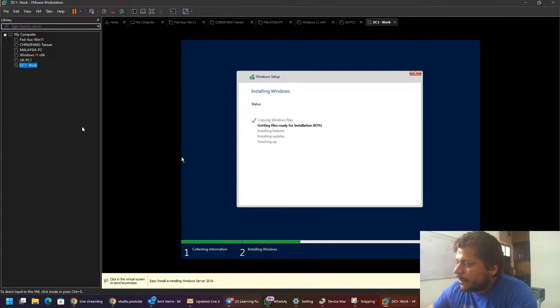Then, what are applications? What are servers? Now, once this installation is complete, which is almost about to complete in the next 2 or 3 minutes, the server is going to be up and running. The next step will be configuring the IP address of the server for promoting this server to a domain controller, so that Active Directory Domain Services can be configured. And we can create a small lab environment, wherein there'll be a Windows server and a client machine that we will be using, and then we'll be configuring a client server architecture in a short nutshell.